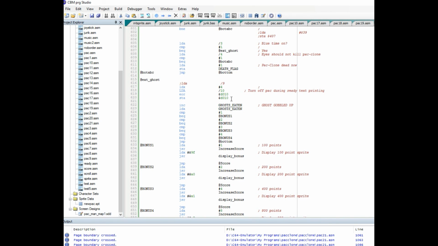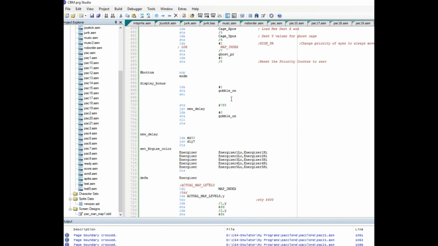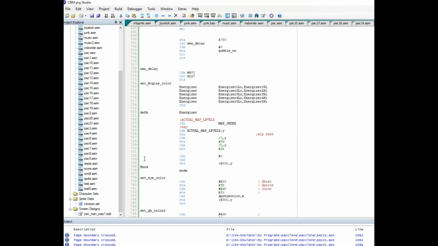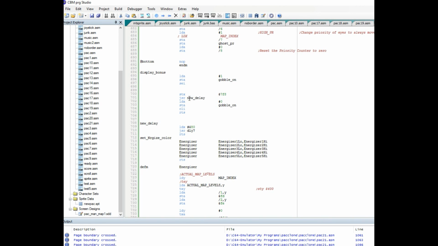Basically, it toggles the ghost off. And then the sub, within the sub itself, you're changing the value of pack to the value to the 100, 200, 400, 800, calling a delay,